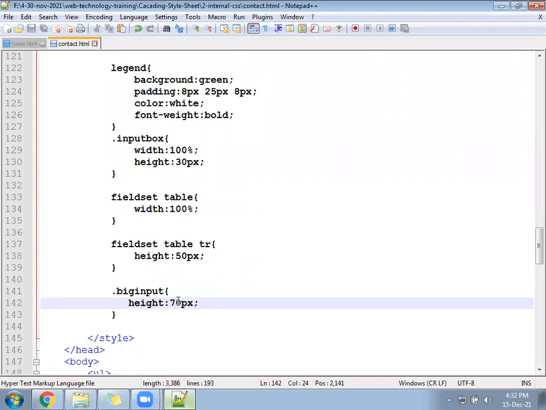You can keep the height at 70 px or 80 px. Now, for the text area, we need to call the two classes. One class we are calling the input box, and one more class we'll call as a big input. Let us go now.